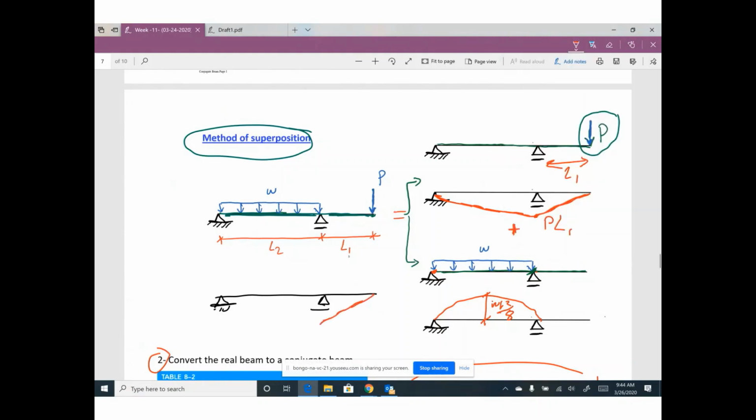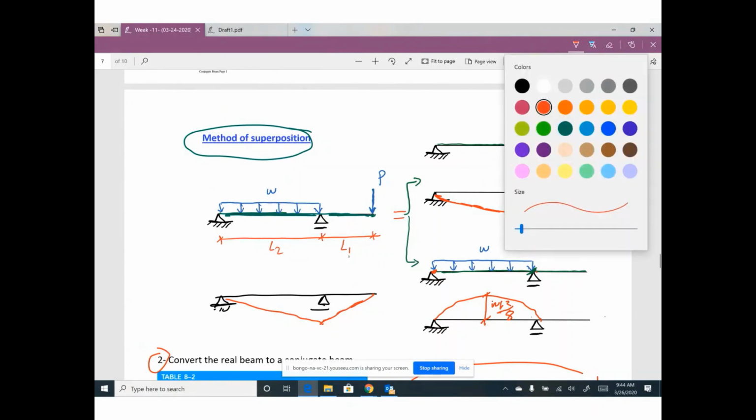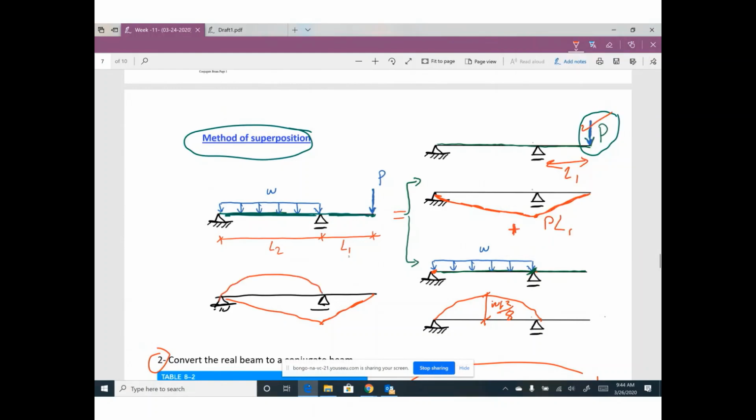This shape is coming from this concentrated load only, and this shape is coming from the uniform distributed load only. Because both loads are there, that means we have two diagrams, one parabola and one triangle. This moment can be called the bending moment diagram, but with a method called superposition. Superposition means you can assume each load alone on the beam and draw a diagram. And if we have another load, draw another diagram. We have another load, draw another diagram. Then when all the loads are there, that means we have many diagrams at the same